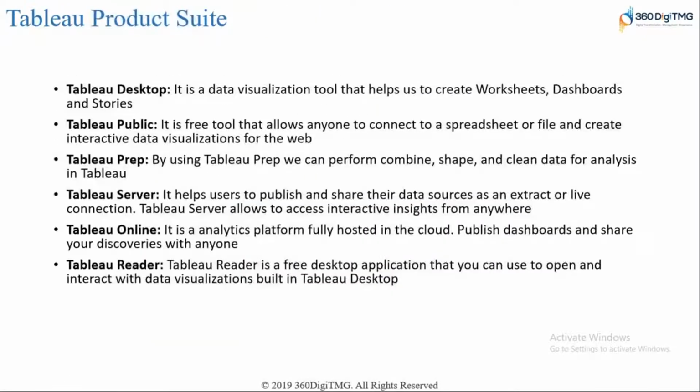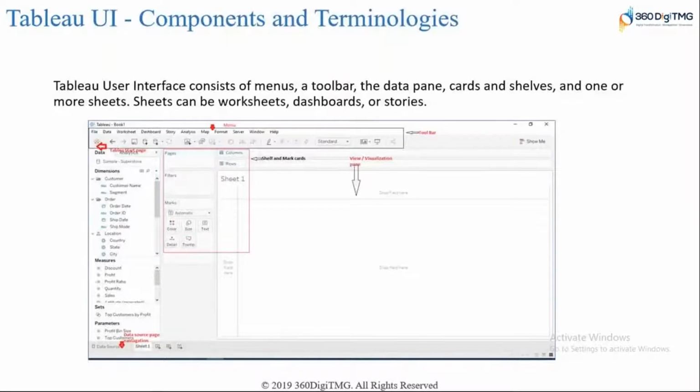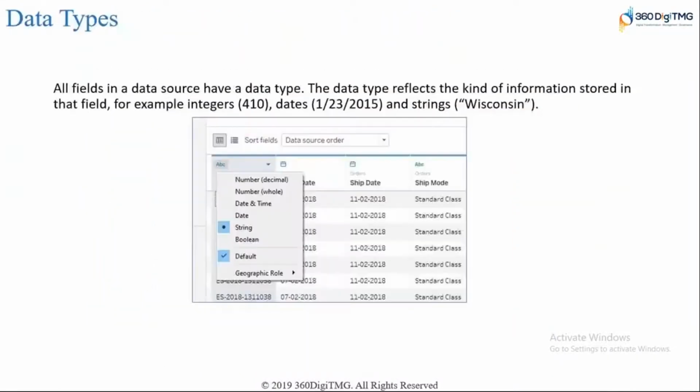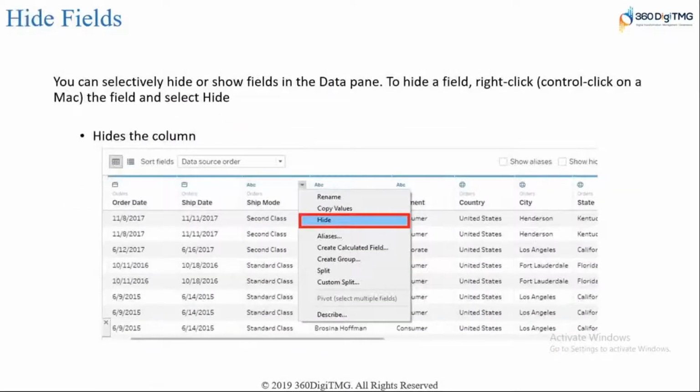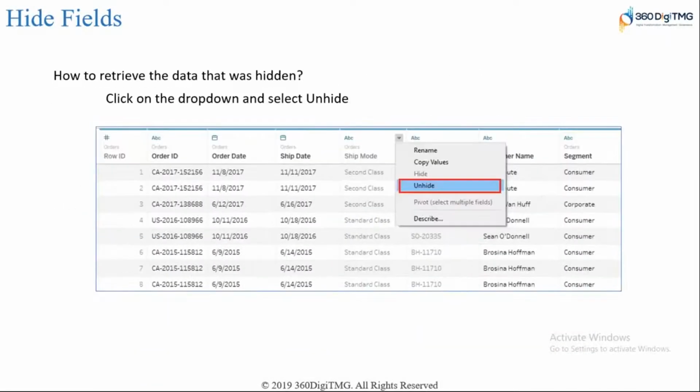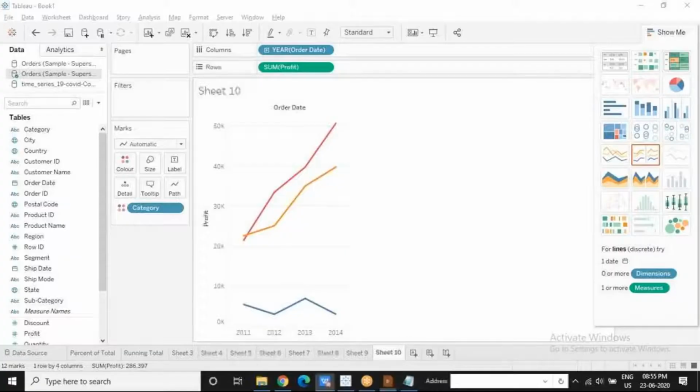We discussed about Tableau product suite yesterday. Start page we explored, data source page we explored, components and terminologies we got familiar with now, right? We know the purpose of show me panel. We discussed about data types, renaming the fields and changing the data type, hiding the fields, editing alias, all this we saw. So we can say we completed module 1. Let us proceed to module 2 now,